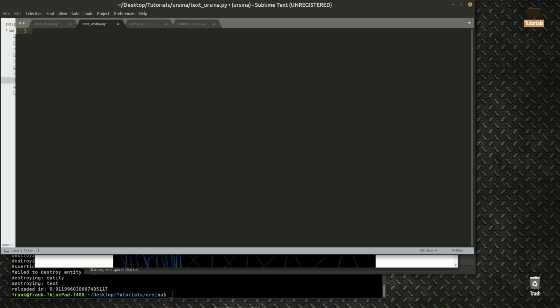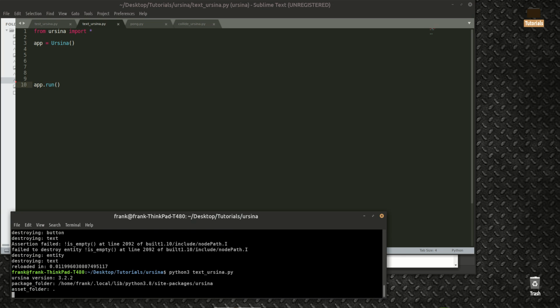So basically it's very easy with Ursina. From Ursina import everything, and we are going to create our app, and we are just going to run the app this way this time. App to run, and it will give us the default